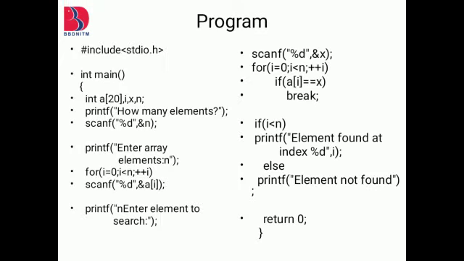Okay, now next is our program. Now you can see our C program for the linear search. Hash include conio.h. Hash is the preprocessor directive which is including the standard input header file. So what is the standard input header file in this program? Printf and scanf. I have not shown conio.h, the console input output, as I have not used getch. If I have to use getch or getche, then I have to use hash include conio.h. Some other library files are also there.